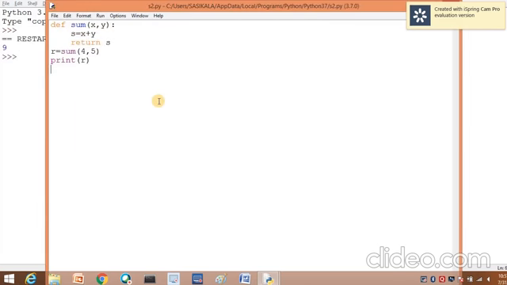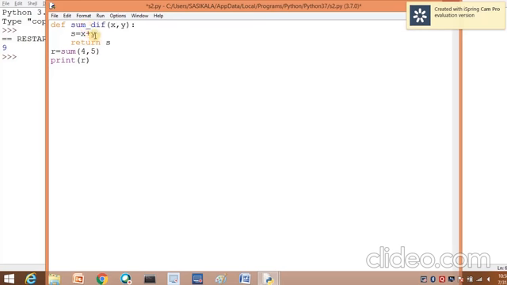So you can see here, 4 plus 5 is 9. A function does not return only a single value, it can return multiple values. Let us see that. So here I have written the sum function alone, which is going to add the values. For example, I am adding one more